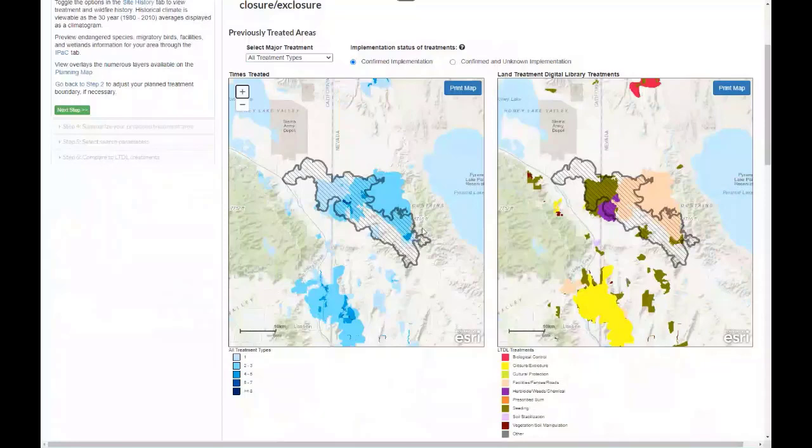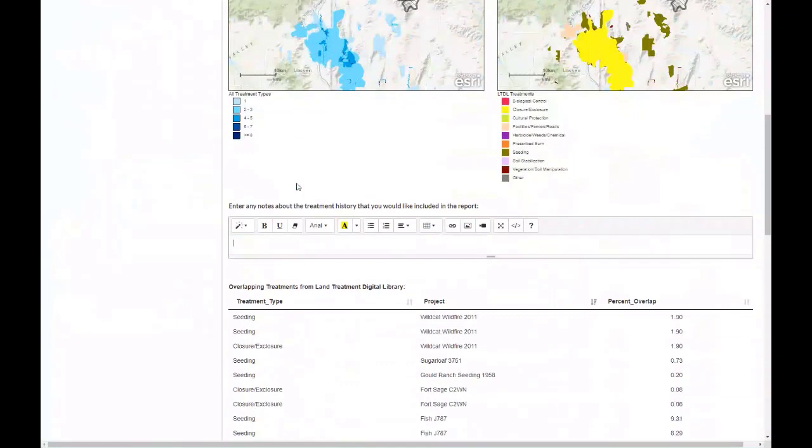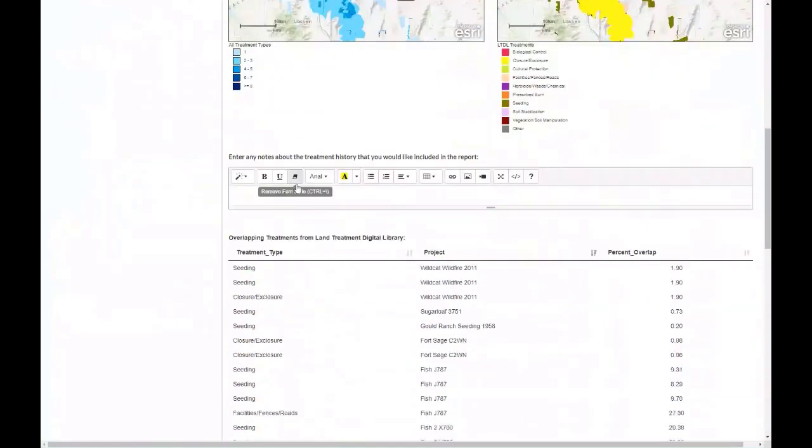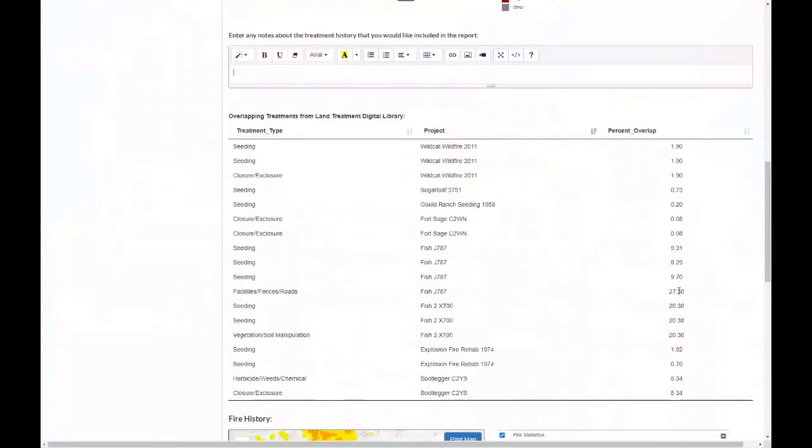As you scroll down, there's a little annotation box where you can write notes about those overlaying treatments, and these notes are going to be included in the standardized report that is exported at the end. And so you can write, you know, as little or as much as you'd like here about what you're seeing in these maps. Just below this is also a table of those treatments that are directly overlapping with your project. And so what this is saying is that 20% or 27% of this current wildfire boundary has this overlay of this treatment type, facilities, fences, roads. And there's 20% of the area was seeded by this fish wildfire here. As you keep scrolling down,